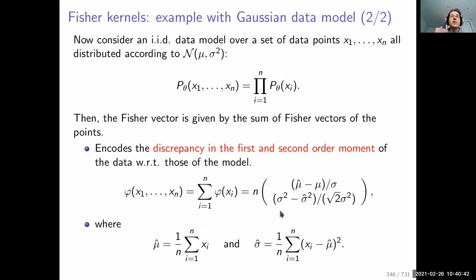So now, why is it a quantity which is interesting for other tasks? Why is it an embedding which may be useful? It's maybe useful because when you consider a set of points, and let's say you want to classify your set, if you have several sets, let's say you have a set A and a set B that are drawn also according to this Gaussian distribution,